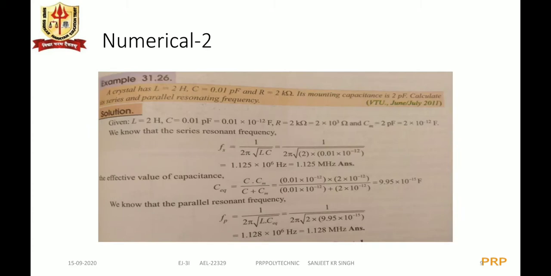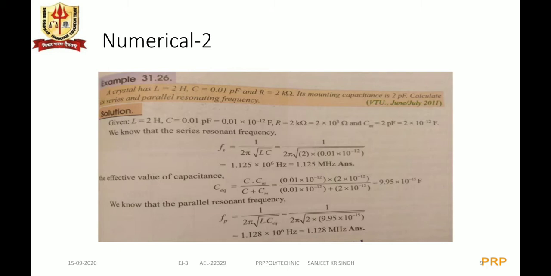And here is a second numerical in which we have been given again the inductance value 2 Henry, capacitor value equal to 0.01 picofarad and resistance 2 kilo ohm, and the mounting capacitance is 2 picofarad. So mounting capacitance is nothing but the C2 value, and we have been asked to calculate the series and parallel resonance